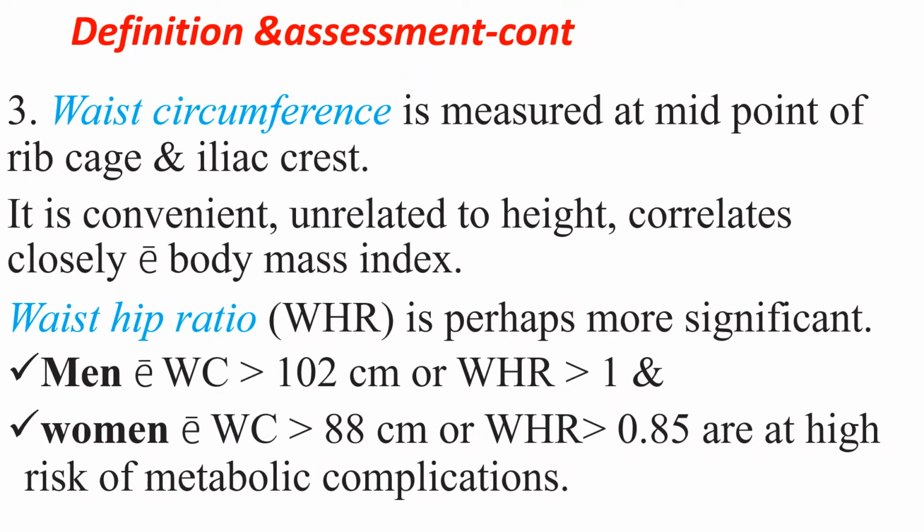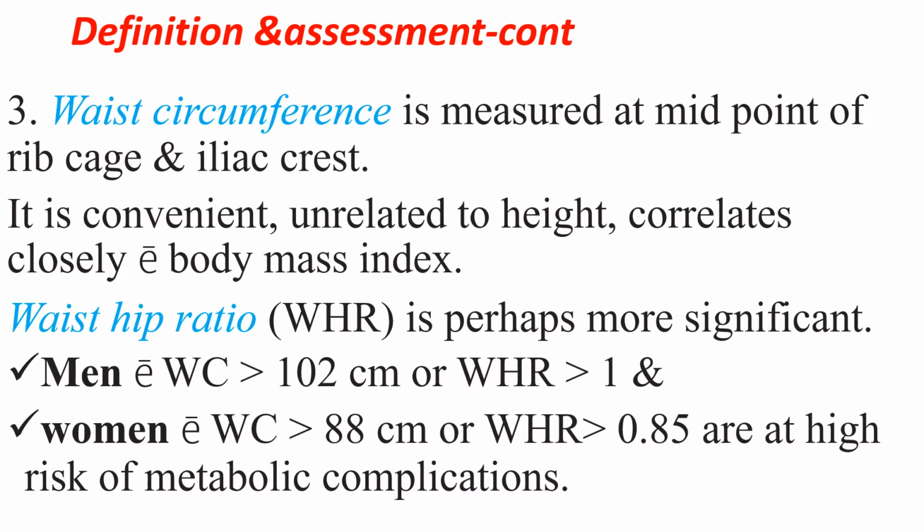Definition and assessment continued. Waist circumference is measured at the midpoint between the end of the rib cage and the iliac crest. It is convenient, unrelated to height, and correlates closely with body mass index. Waist-hip ratio, WHR,